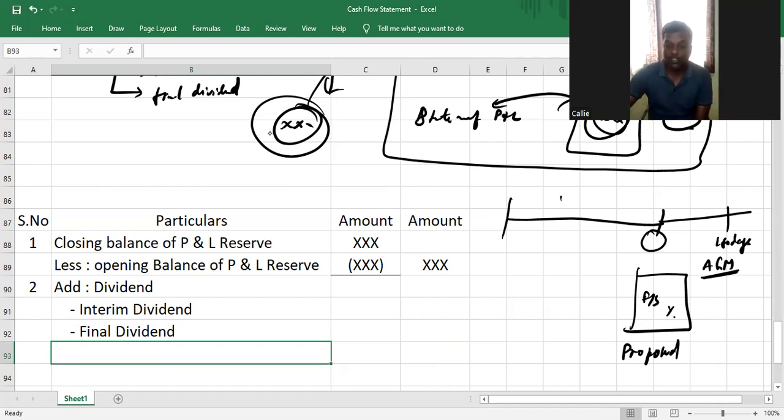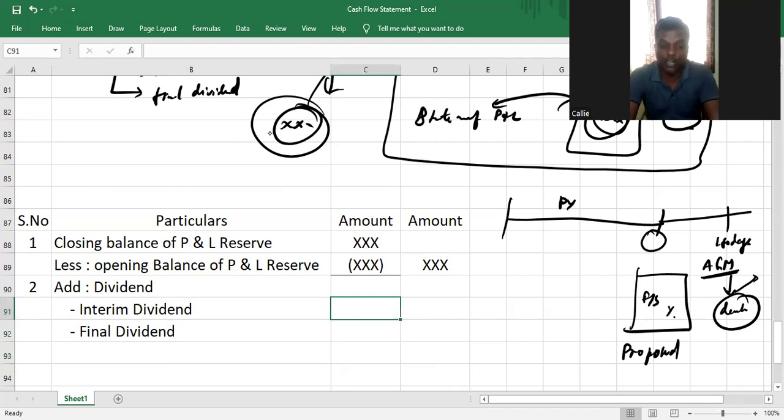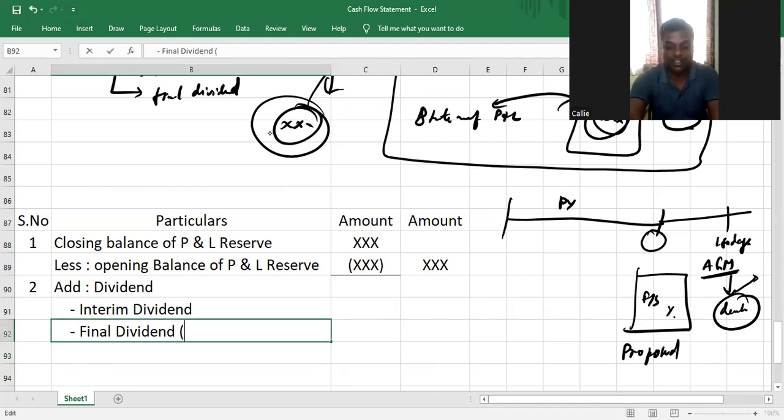So for whatever profits earned during the previous year, in the current year, the shareholders will vote and declare the dividend. And the declared dividend will be paid within a certain number of days, according to the Companies Act regulations. Okay, my dear children. So what dividend will get paid in the current year? The previous year dividend. Am I right or not, my dear children? So this final dividend is the